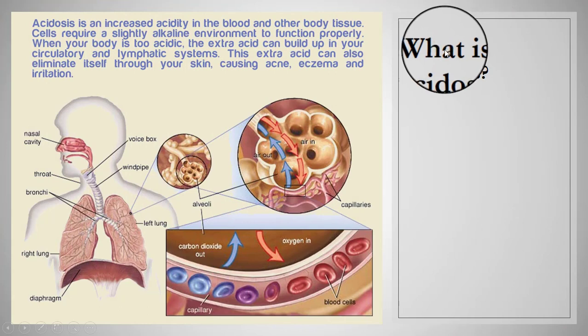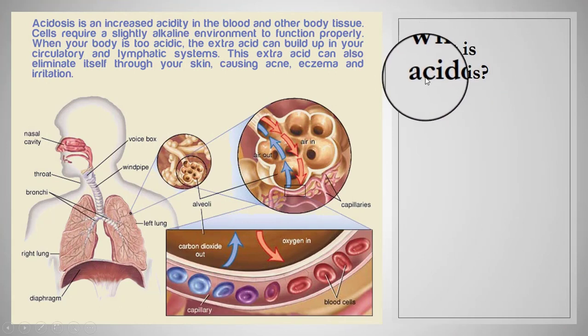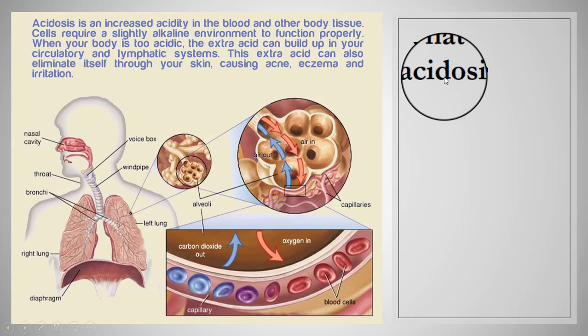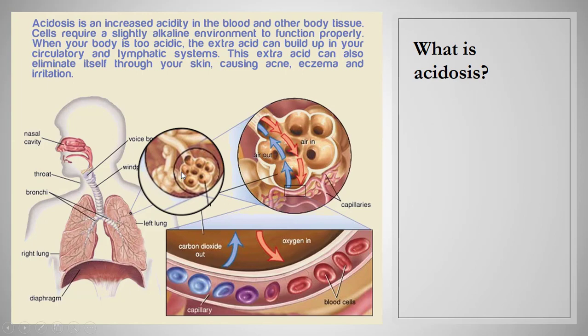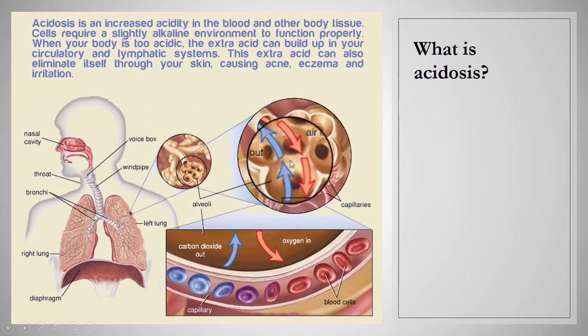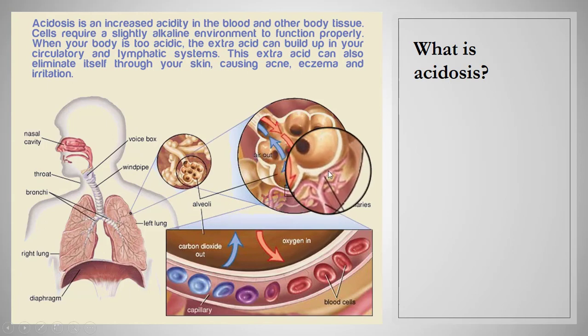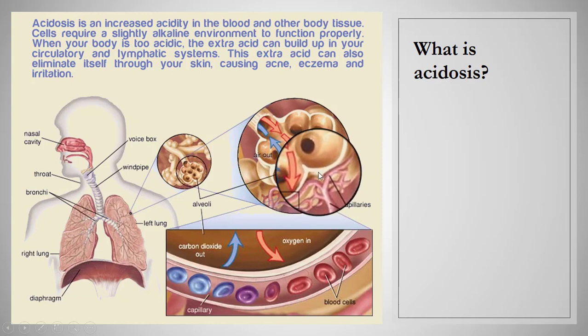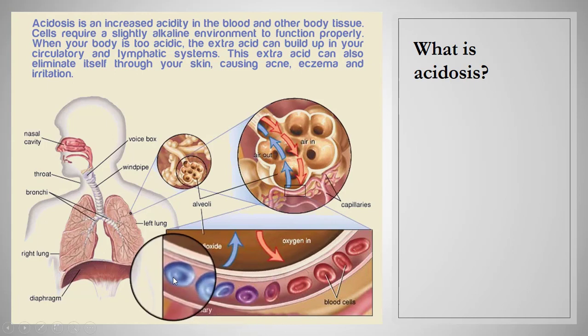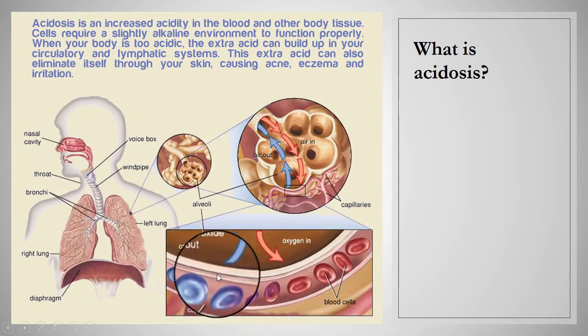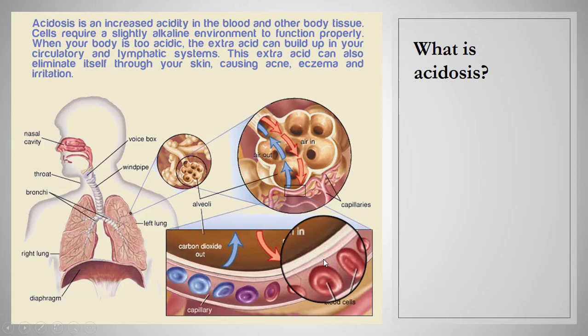So what is acidosis? When your body fluids contain too much acid, it is known as acidosis. Acidosis occurs when your kidneys and your lungs cannot keep your body's pH in balance, and many of the body's processes produce acid. Your lungs and your kidneys can usually compensate for slight pH imbalances, but problems with these organs can lead to excess acid accumulating in your body.